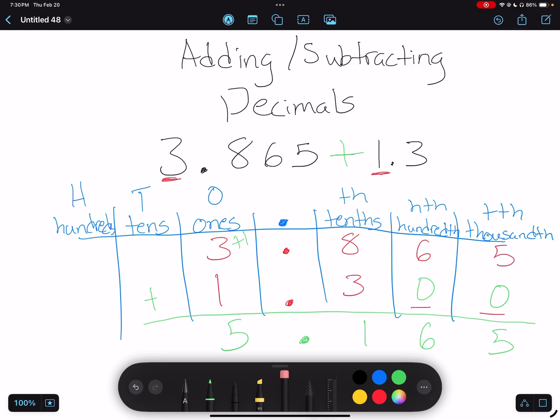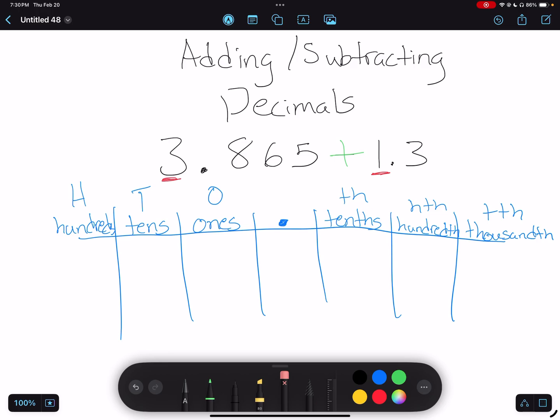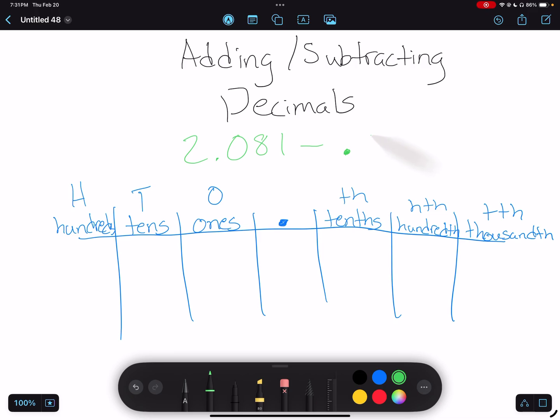If I want to subtract some decimals, then it looks like this. Let's go 2 and 81 thousandths minus, and I like to trick them up here. Let's go 99 hundredths. This is very important because now kids get really confused because they see 4 digits versus 2 digits